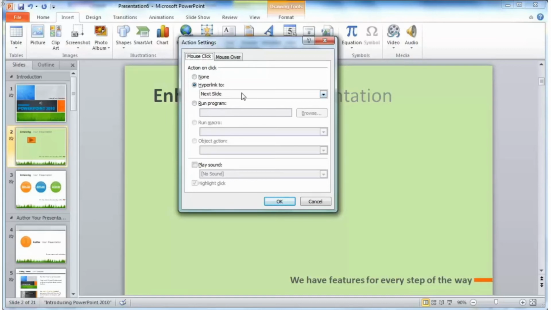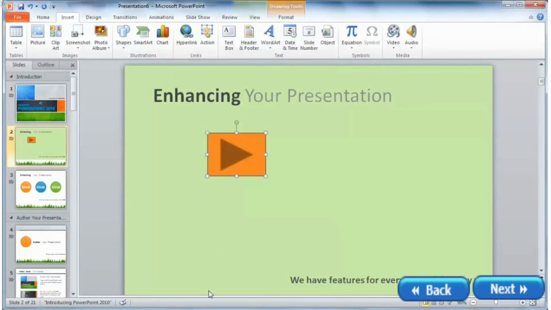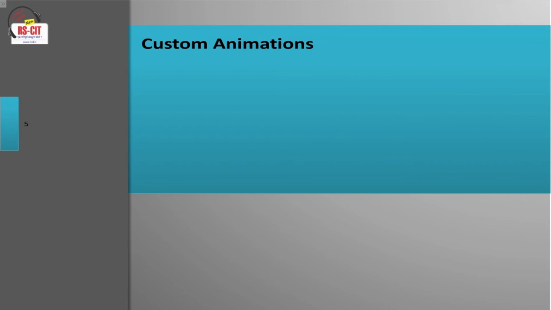In the Action on Click section, select Hyperlink to, then click the drop-down arrow and choose an option from the menu. Check the Play Sound box if you want a sound to play when the action button is clicked. Select a sound from the drop-down menu or select Other Sound to use a sound file on your computer. Click OK. Custom Animations. Animation is a great way to focus on important points, to control the flow of information,